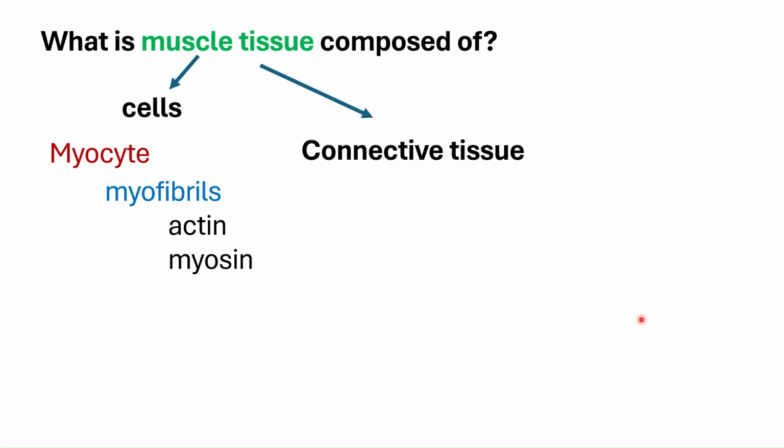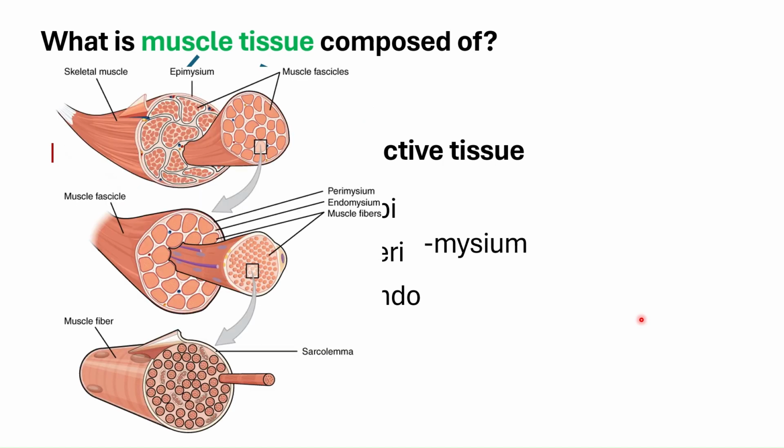Aside from these myocytes, which have your myofibrils, you would also have the connective tissue, which actually organizes your myocytes into fascicles and bundles, okay? So you would have your epi, peri, and then your endomysium, okay? So the endomysium is basically the smallest unit of connective tissue covering that surrounds each muscle fiber. Okay, so that's the connective tissue made up of collagen fibers, almost like your dense white fibrous connective tissue.